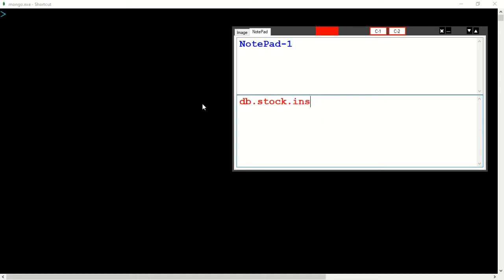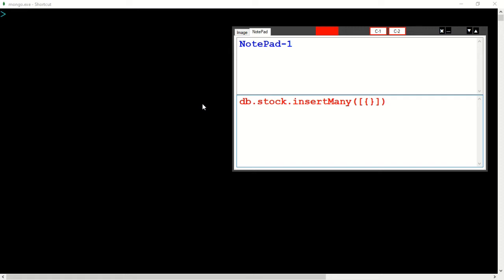First of all, insertMany, bracket open, bracket close. Here we can give the records in array format, so we open a square bracket, close the square bracket, then curly brackets.